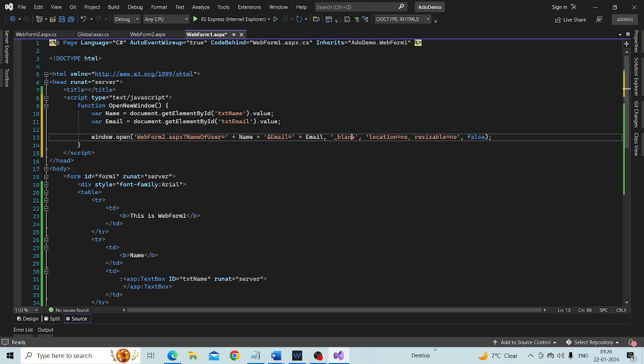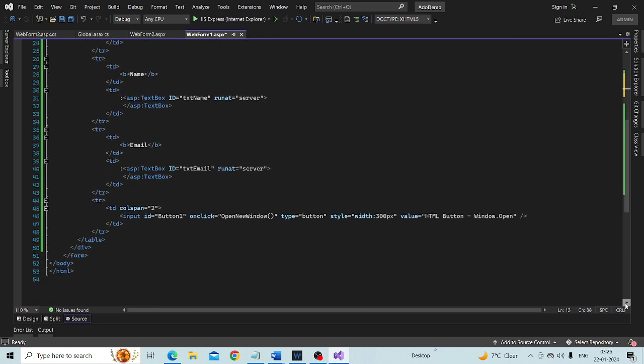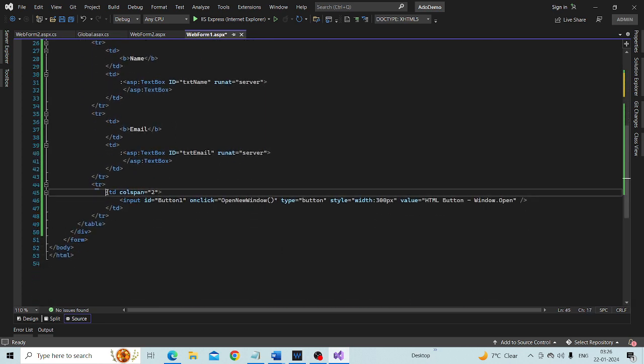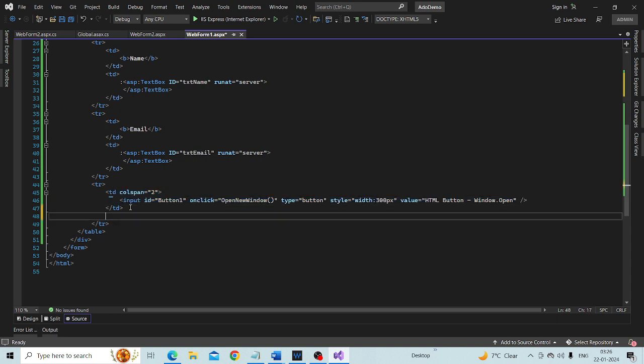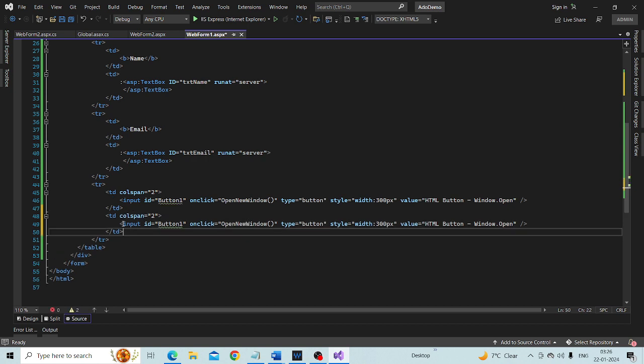So let's copy this tr and paste that so that we get another row, and now copy and paste this piece of code, paste it here, and remove this whole code